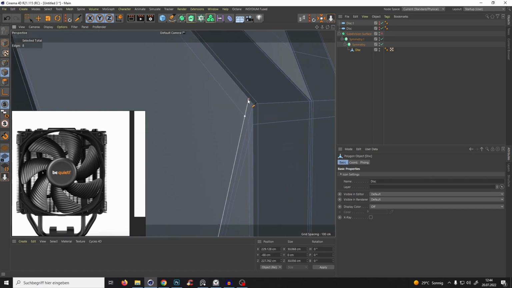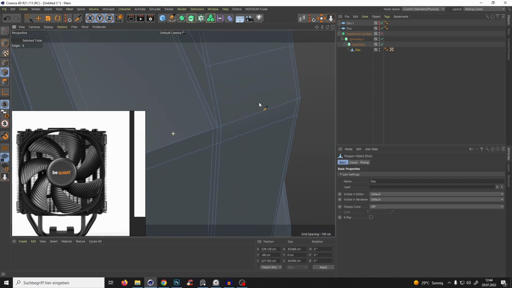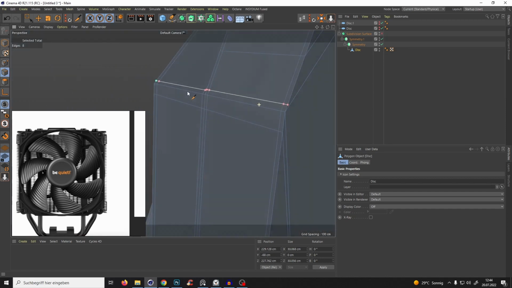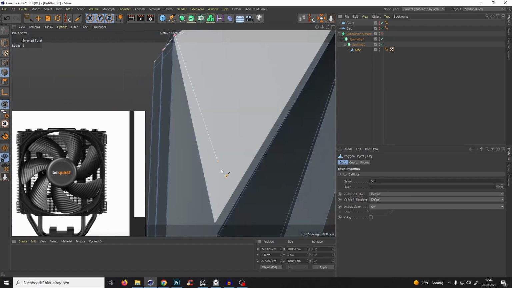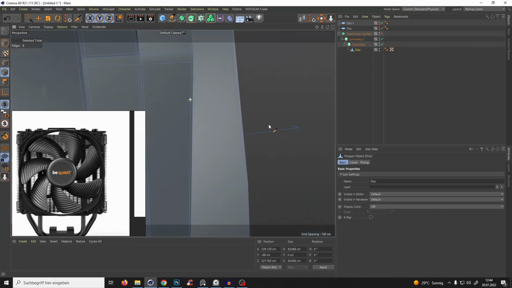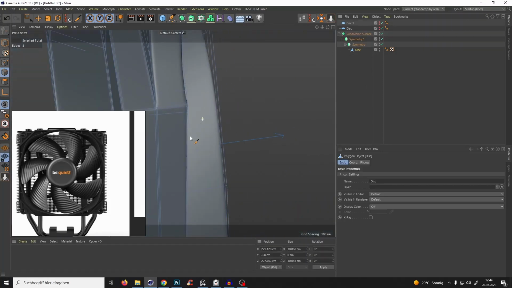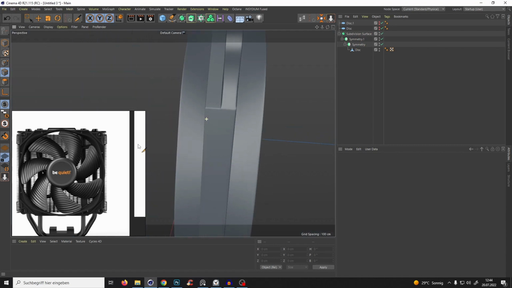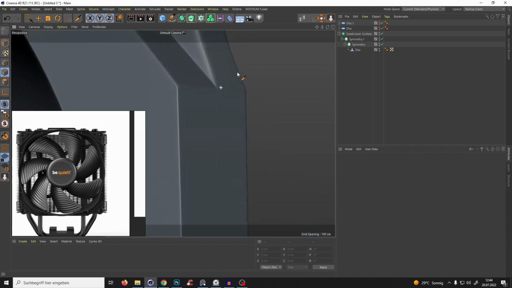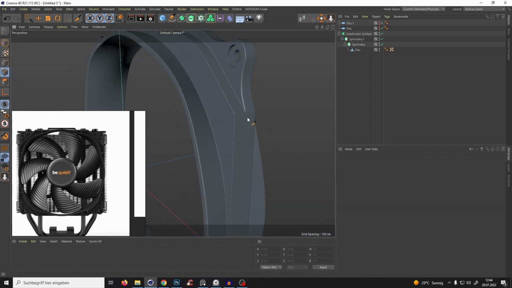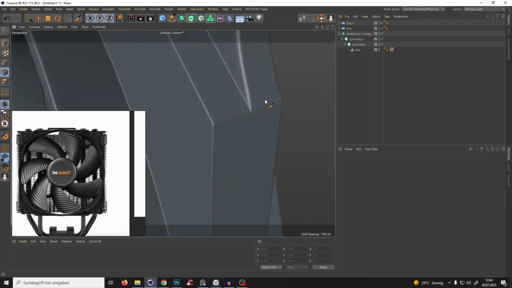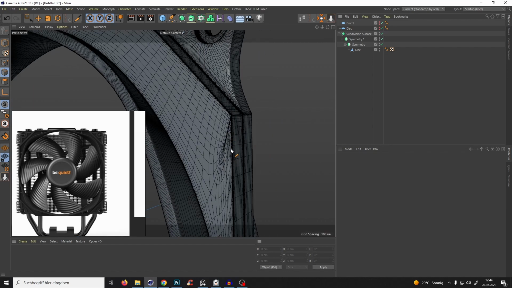This time from the other side from the edge. And yeah, let's see if that works out. I'm not sure right now. So yeah, it's not perfect. We have this kind of not beautiful pinching, but